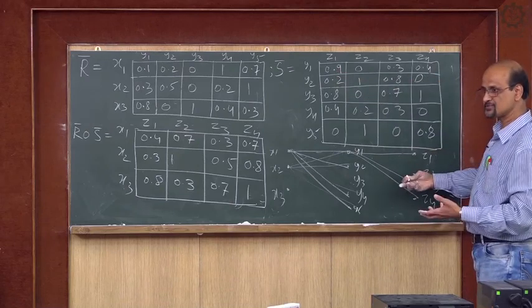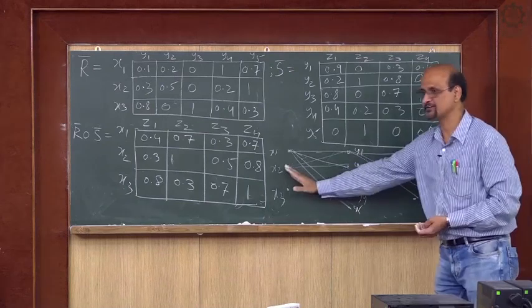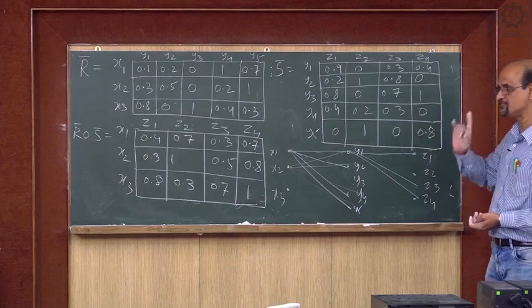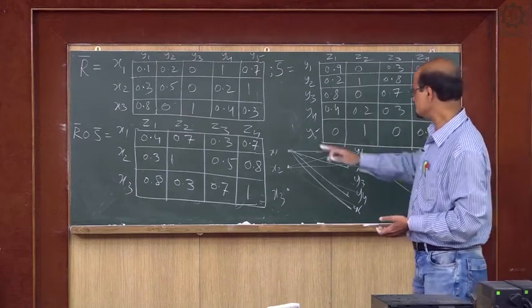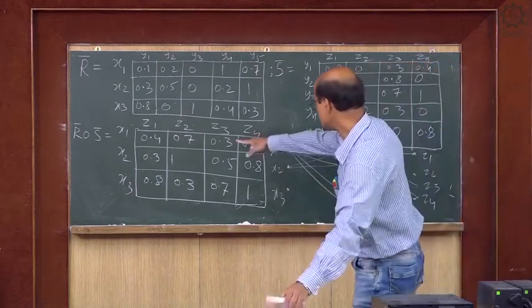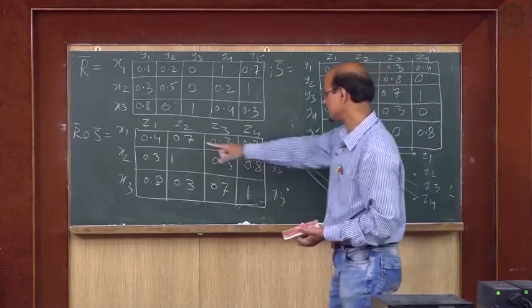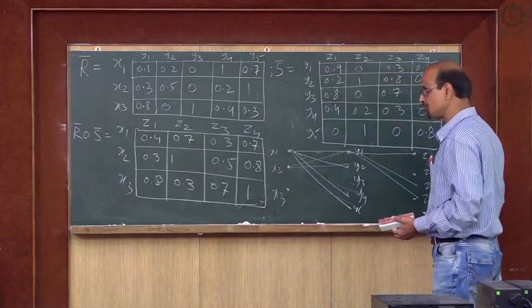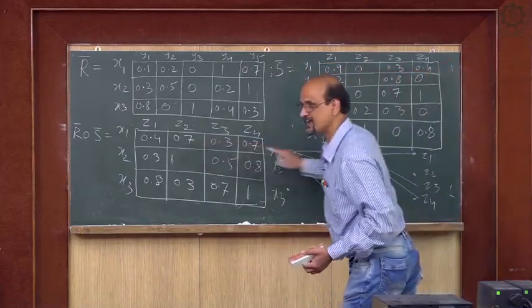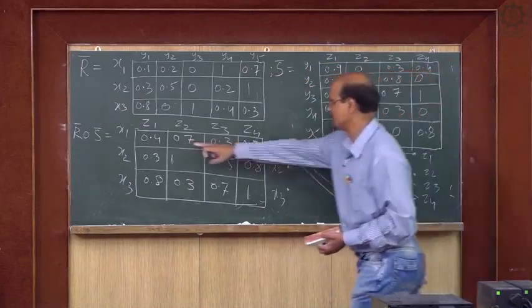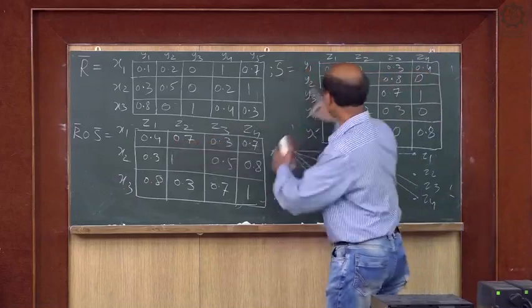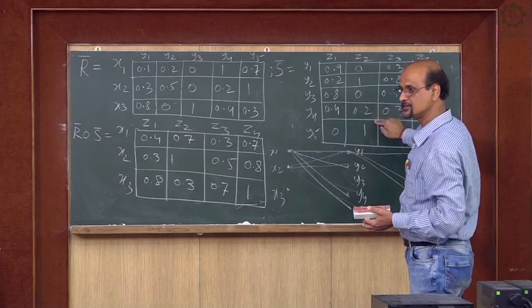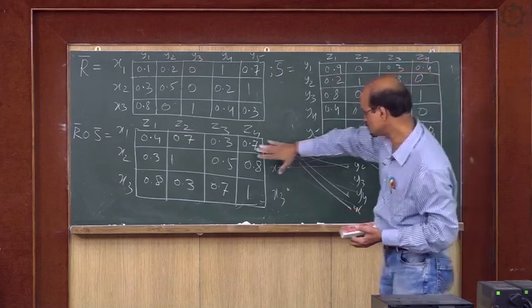So, actually in composition what we are doing? We are going from x to z using the max-min principle. Okay? So, if I now write the max-min one like this, what will you get? x1, x2, x3 and z1, z2, z3, z4, and the strengths that you have got after composition like this. Means you can draw that here x1, x2, x3, z1, z2, z3, z4, connect that, here no zeros are there,